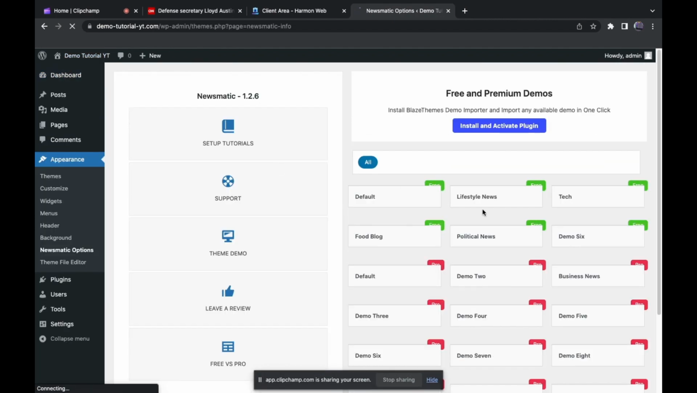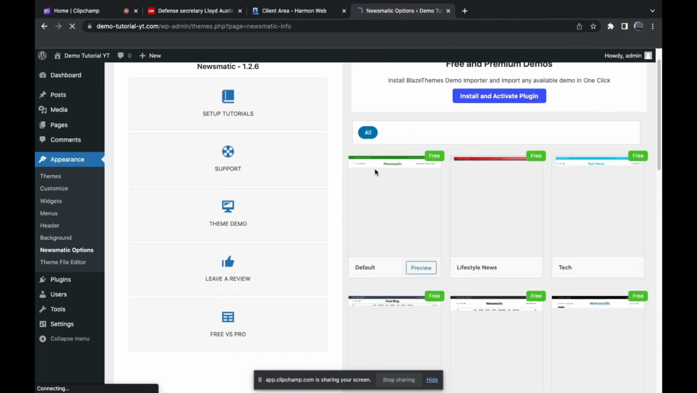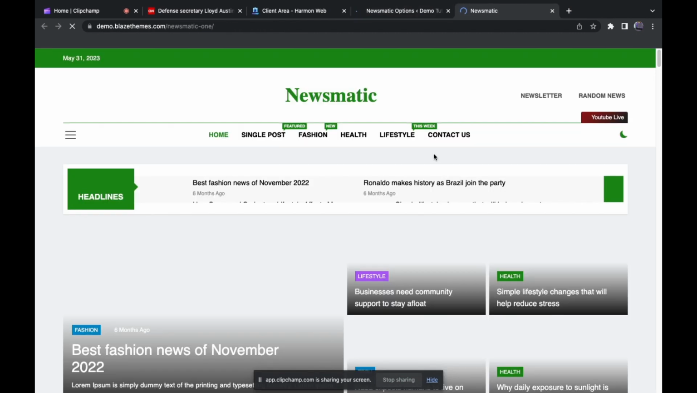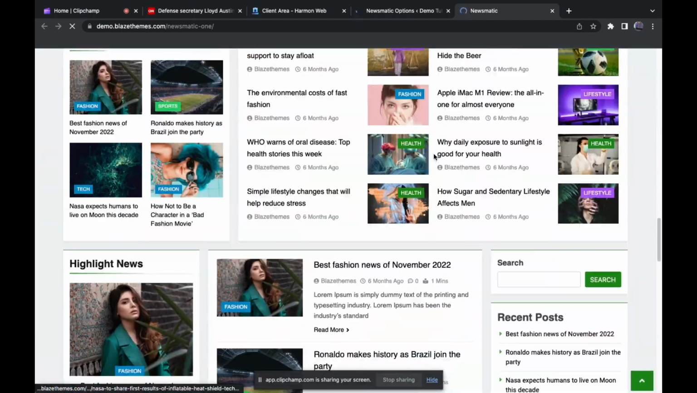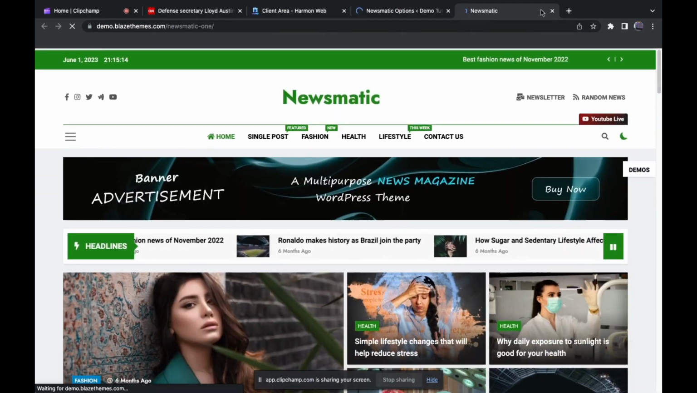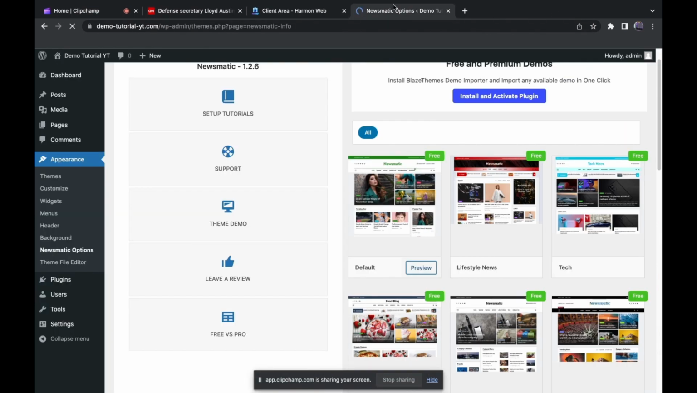I'm going to click on install demo. Now if I click on install demo, you are going to see a lot of demo content you can use in this right here. So I'm going to click on preview. Now if you click on preview and like the design of this demo content, you can install it, which is this right here. But I'm not going to install any demo content in this tutorial,